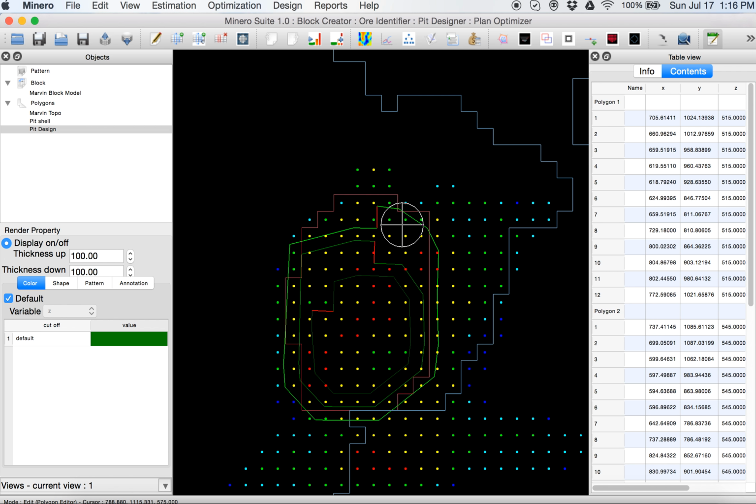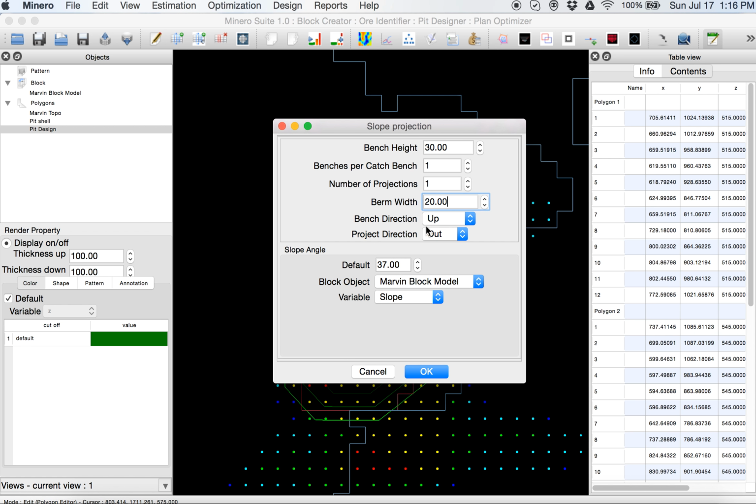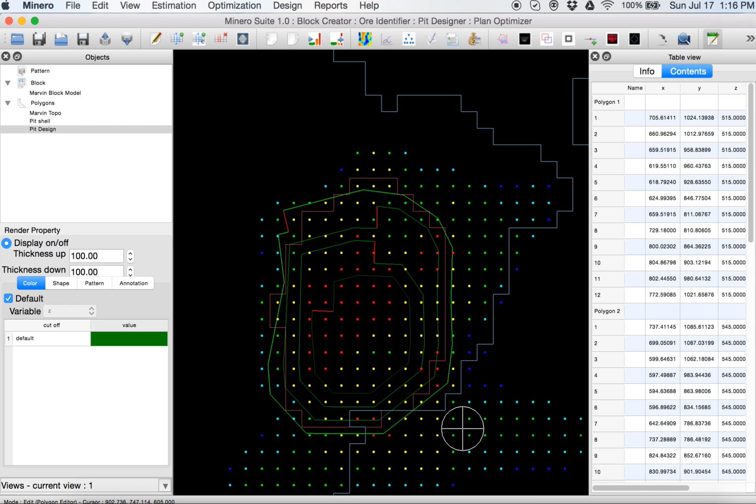So after that, we create the switchback. We can do one bench above or multiple benches. Generally speaking, engineers want to do one at a time. That way, they can see the progress of the pit design. Keep going up.